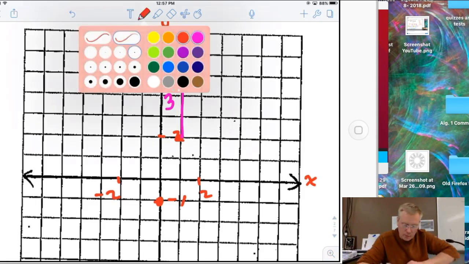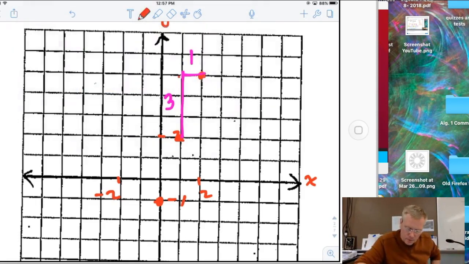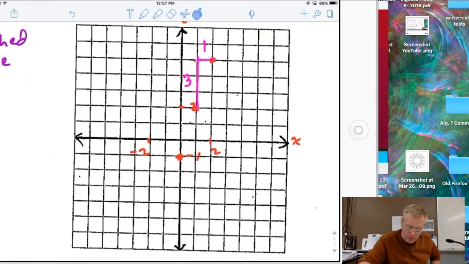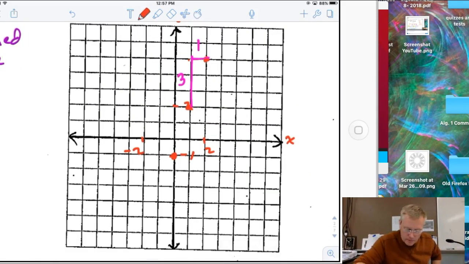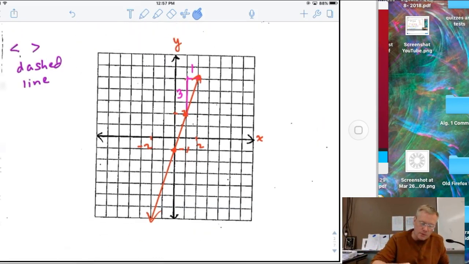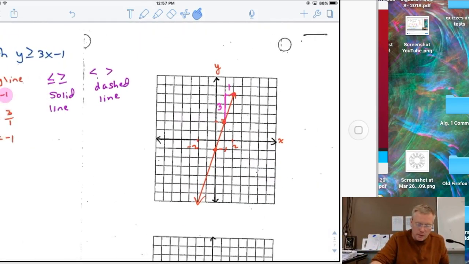So I got a couple points here. I'm going to make my line. Let me zoom out a little. Make it nice and long. And there's my line. Now, I'm not done because this is an inequality, which means you're going to shade one side of the line. If I take that same equation, y is greater than or equal to 3x minus 1, we're going